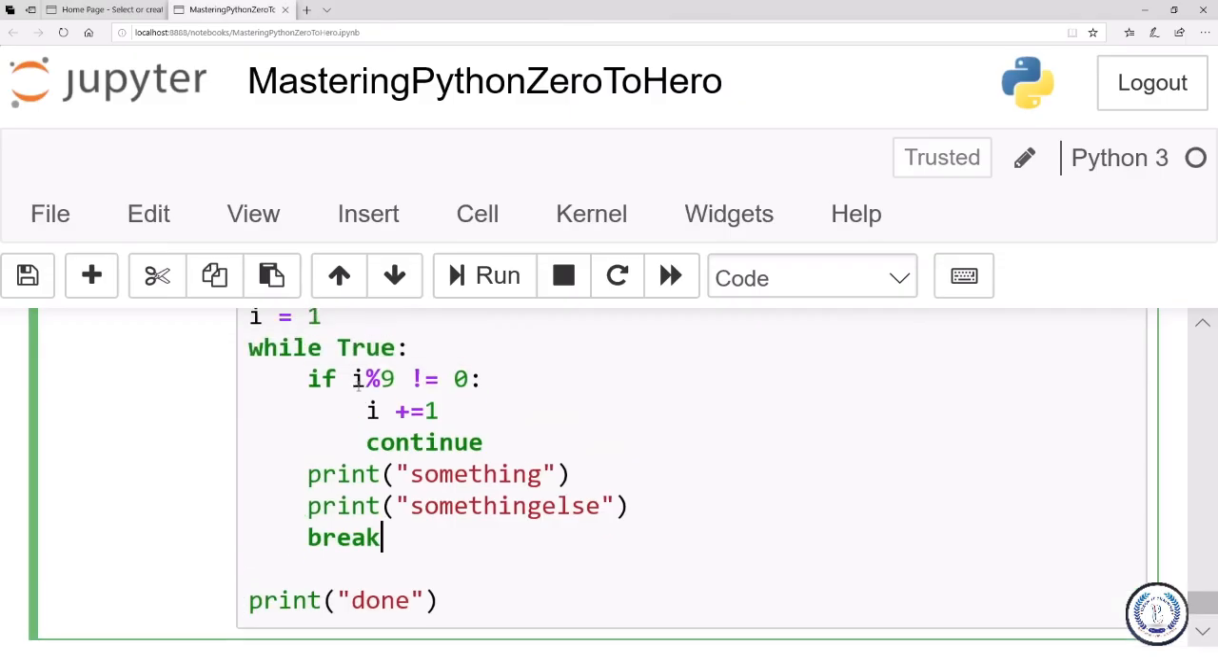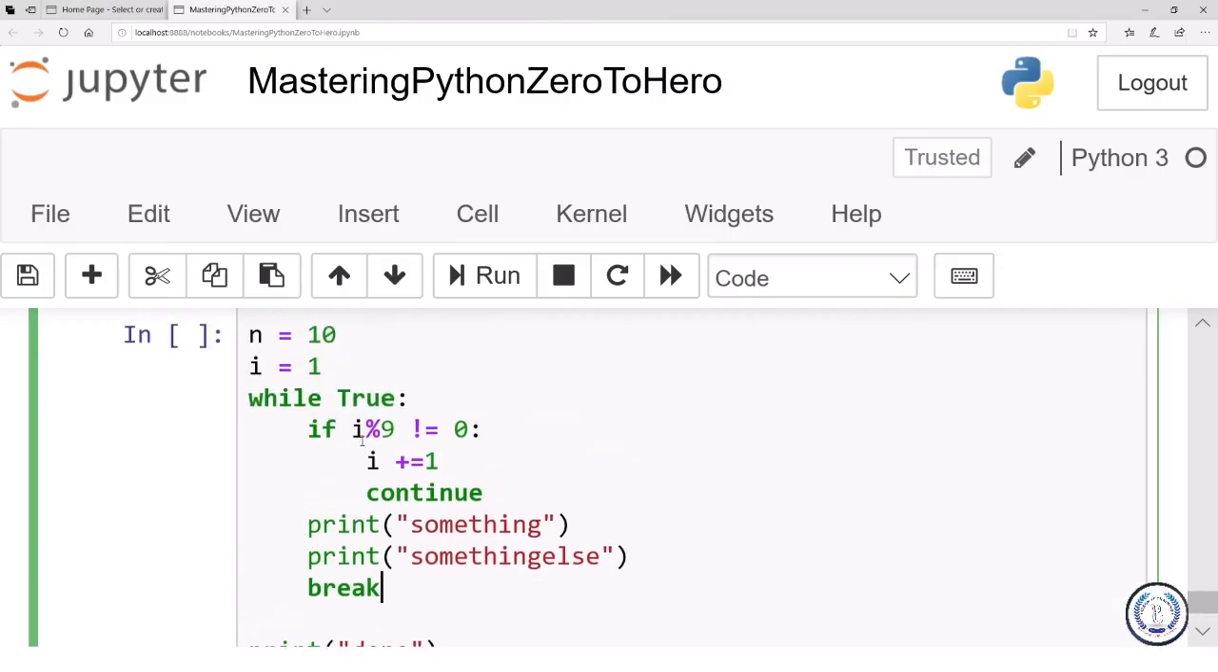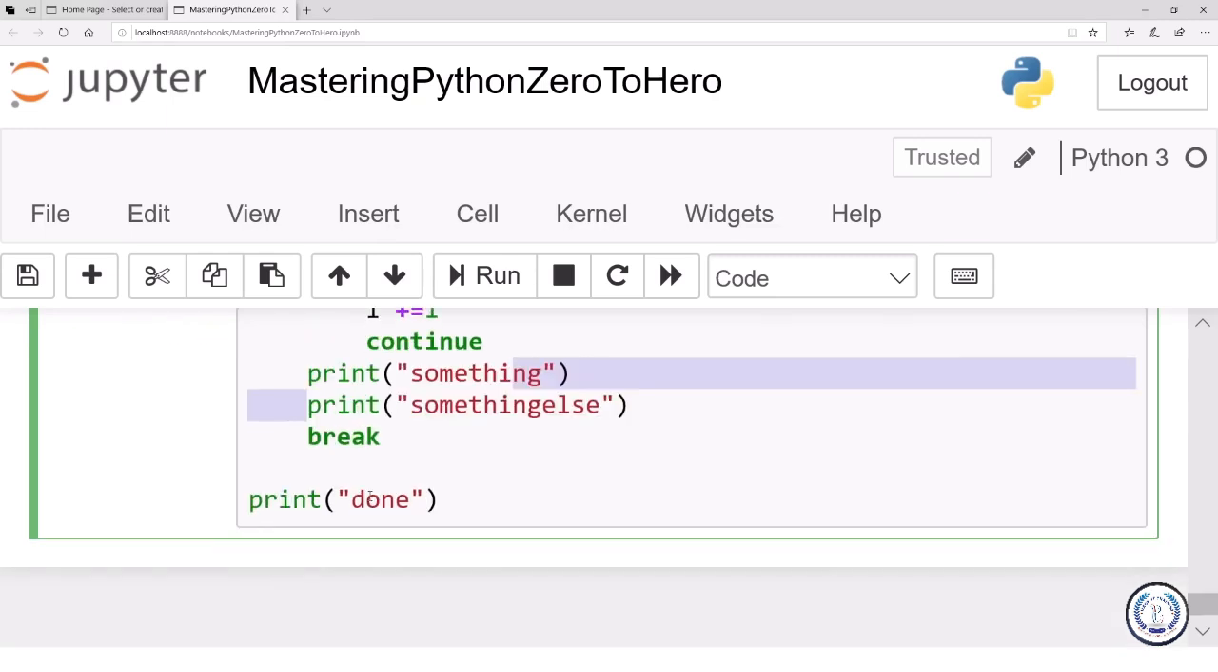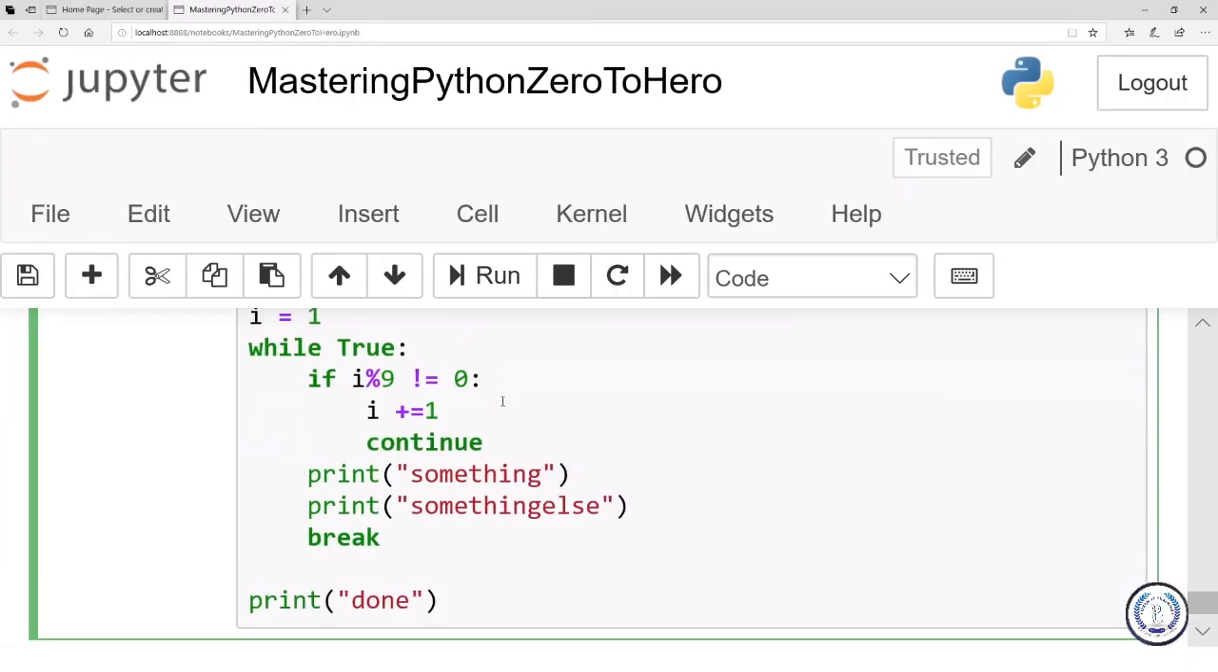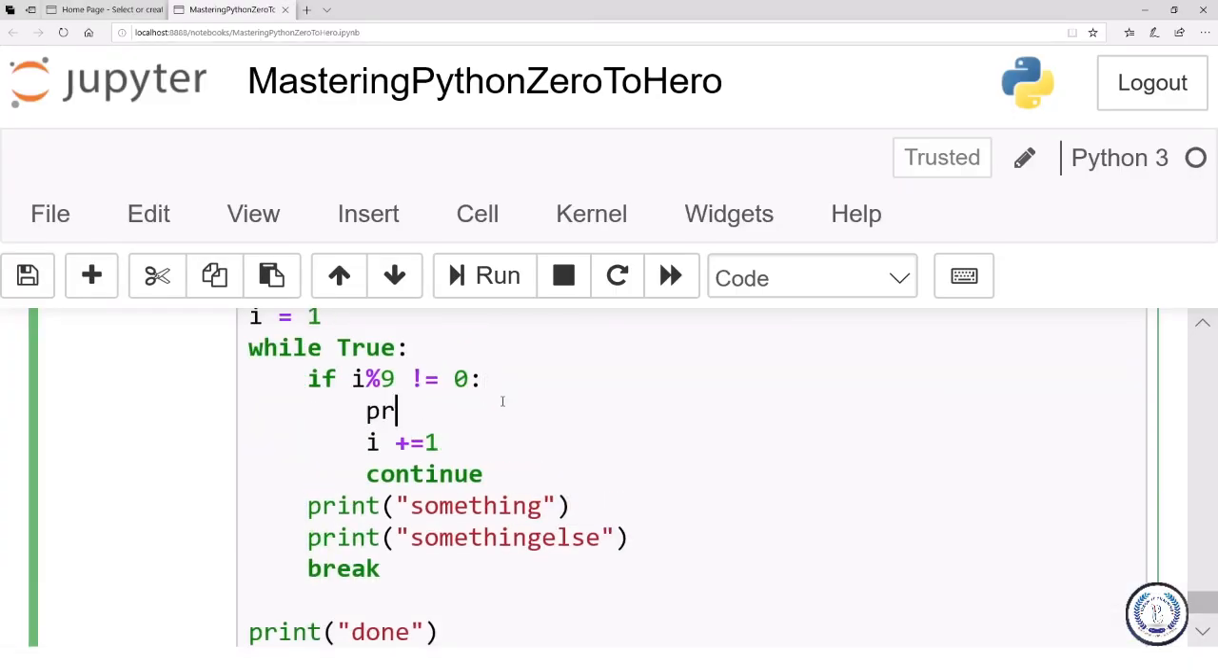So for the very first time, 1 is not divisible by 9, so I equals 2, so continue. These three statements will not be executed. The next loop, the next loop, the next loop. Once this if condition becomes false, this continue will not operate, and then we print this statement. Only then we will break and exit the loop and print done. So let's print here, print